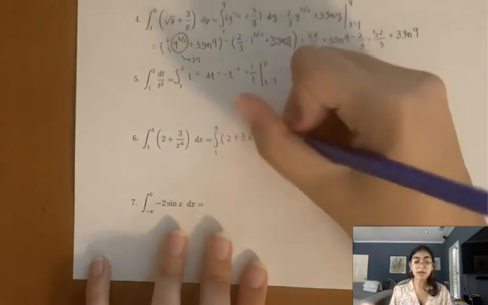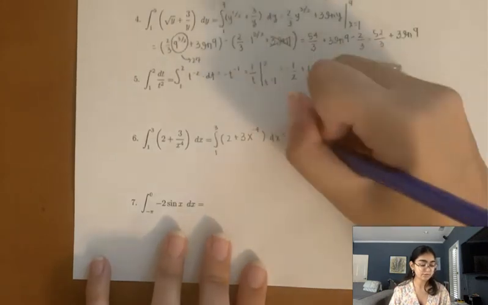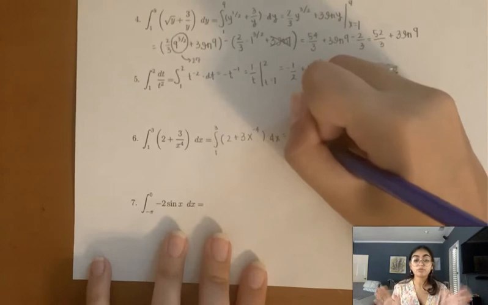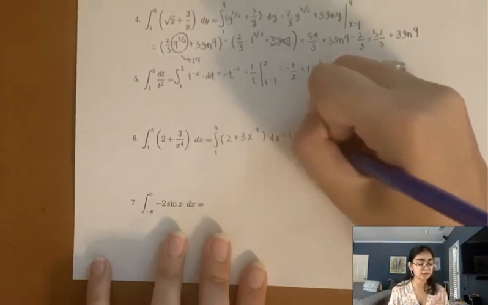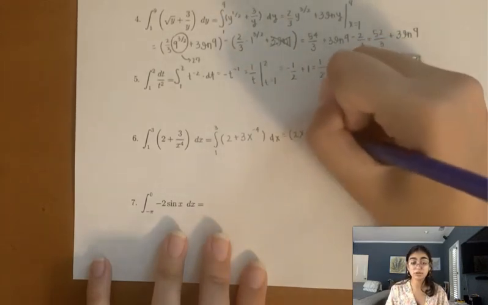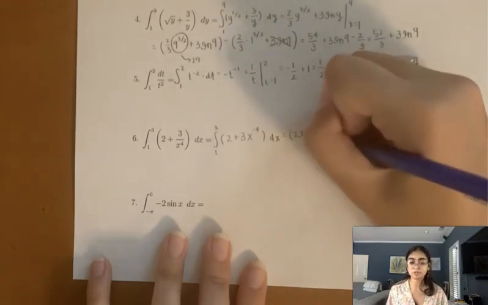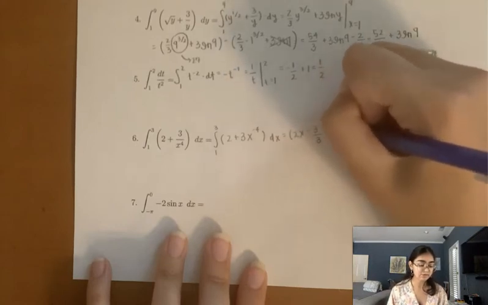Okay, once we do that, we can go ahead and plug in. So we're going to have, oh wait, first we have to take the antiderivative before we can plug in. So the antiderivative of 2 is 2x. We went over this in problem number 1. And then we're going to have